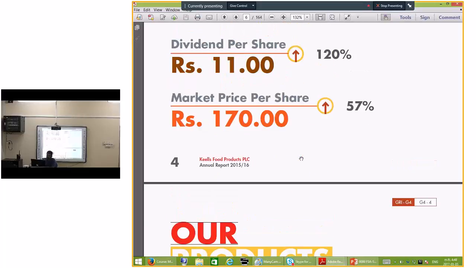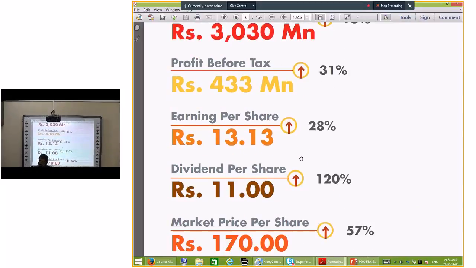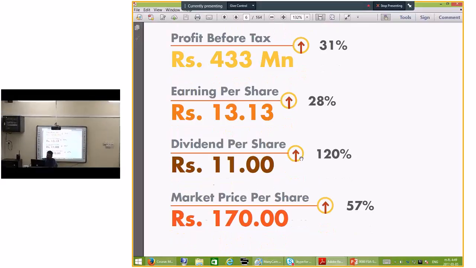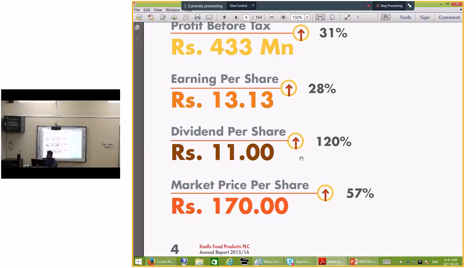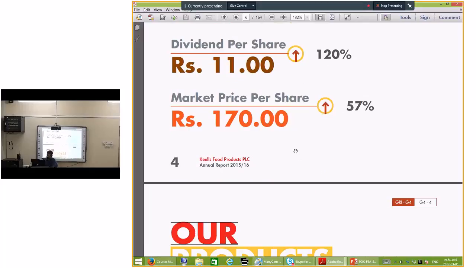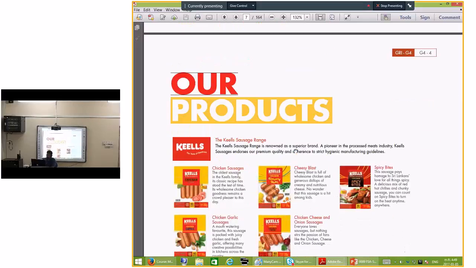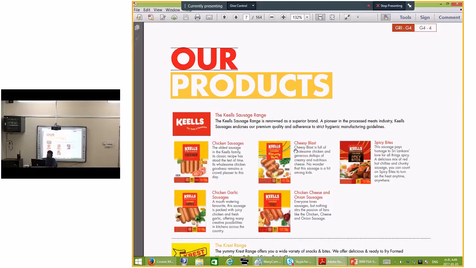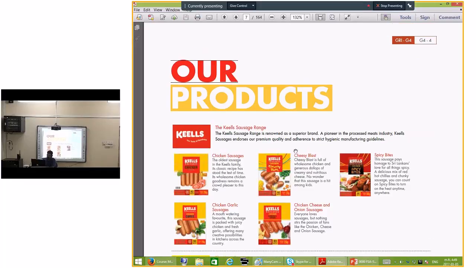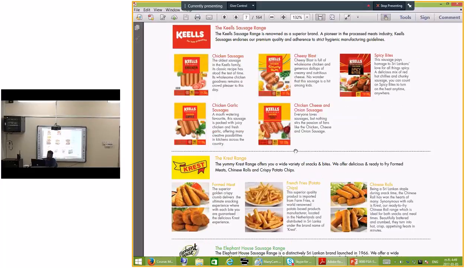In normal conditions we can see these details on the face of the financial statement, but here it is given as highlighted information. Then investors, users and readers of the financial statements and annual reports directly identify the important details. In addition, their products, the nature of the products, their variations and diversification, all can be understood through this type of pictures and